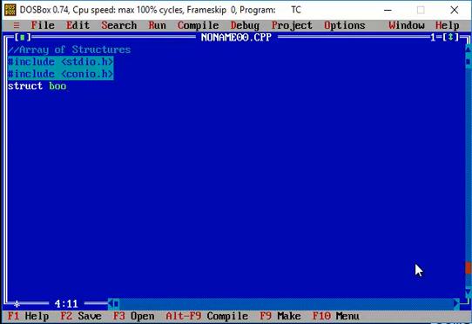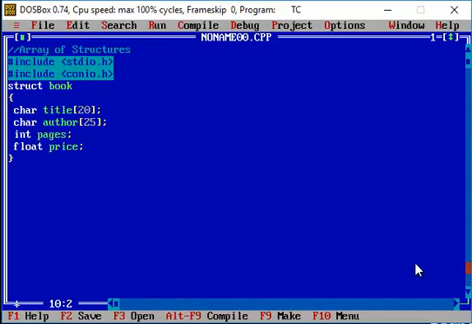The structure members of the book are, for example, a character array for the book title of size 20, an author name of size 25, an int for the number of pages, and the price of the book, which is of float data type. So these are the structure members for the structure book.